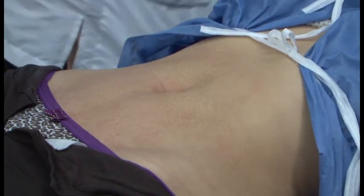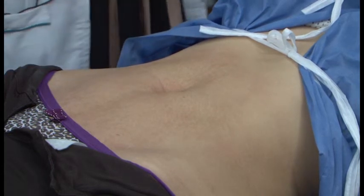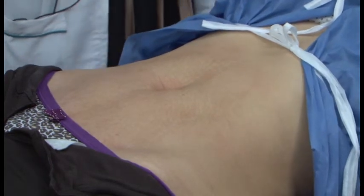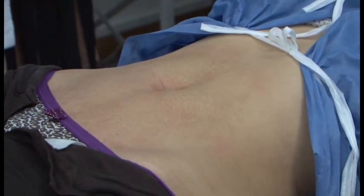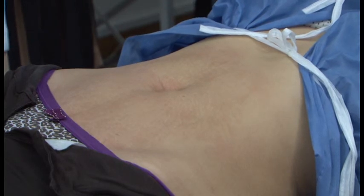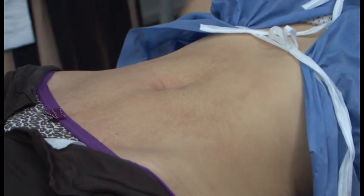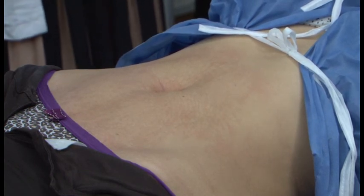Okay, so we move again to the second part of the procedure, the impact ultrasound part. Now it's not painful, okay? Not painful at all. When I'm on the abdomen, I can be a little bit more aggressive with the